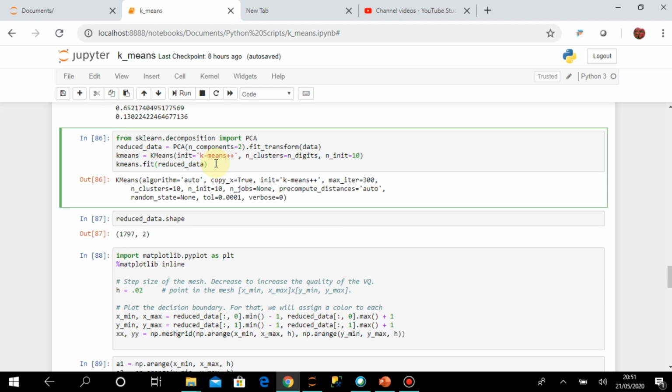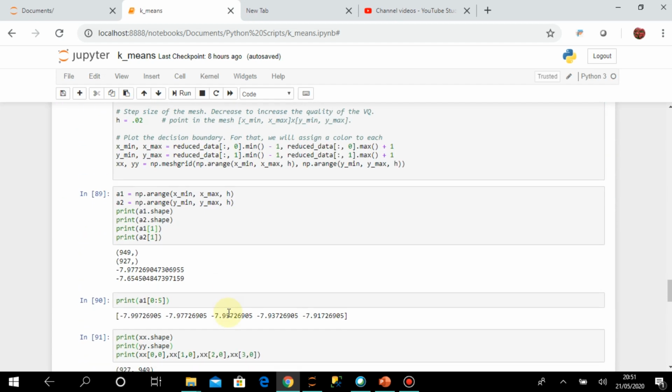Predict means I am sending a new set of samples, and based on the data set I have fitted, it will put them in different classes. Already 10 classes are defined, so it will take all these x comma y coordinate values and put them in the appropriate classes of these 10 classes. That's what I want to do.